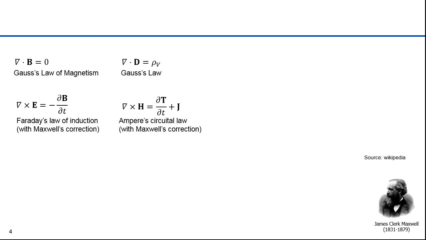Over a century after Le Verrier found the discrepancy in Mercury's orbit, James Clerk Maxwell compiled 4 equations into a coherent theory of electromagnetism. 2 of these equations, when considered together, led to his assertion of the possibility of electromagnetic radiation. Faraday's law states that a changing magnetic field creates a current. Maxwell added that a changing magnetic field could also create a changing electric field. Ampere's law states that a current creates a magnetic field. Maxwell added that a changing electric field could create a magnetic field as well.